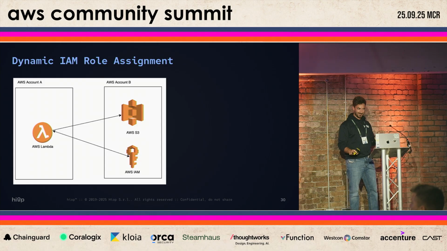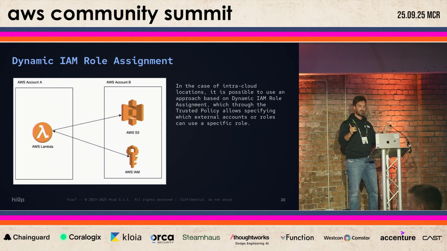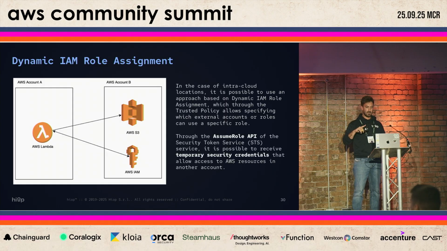Try to avoid this behavior because it's not very recommended. Instead, try to do it like this. You can use a service called Security Token Service and a specific API of Security Token Service called AssumeRole, that allows you to define an IAM role and then assume the rights that role has in order to access the S3 bucket.